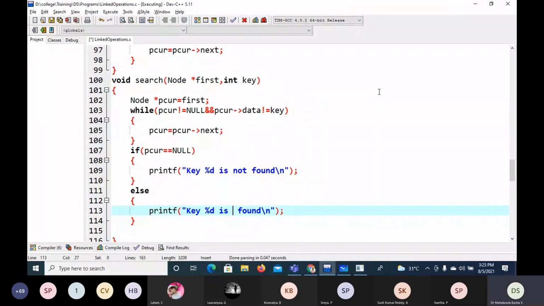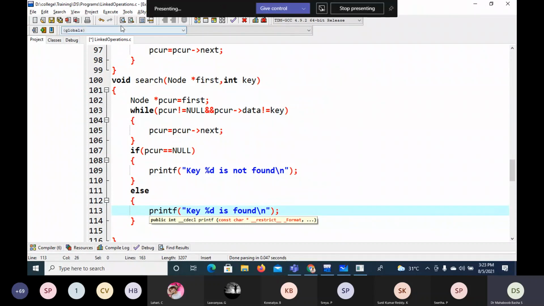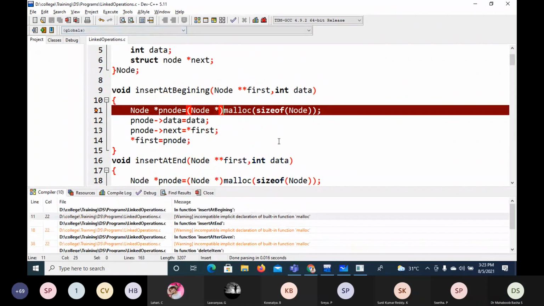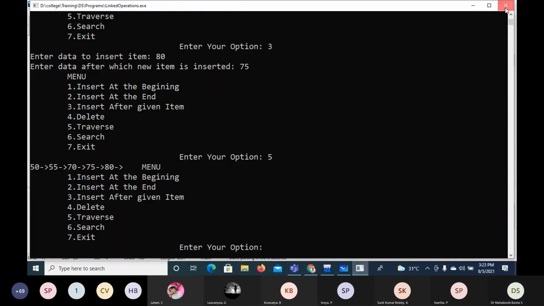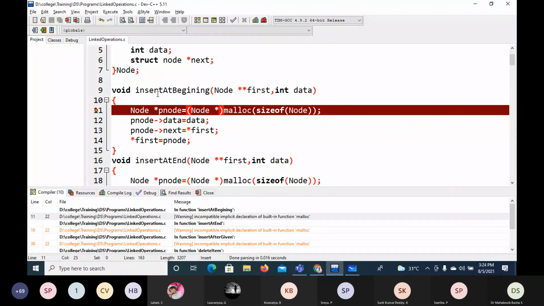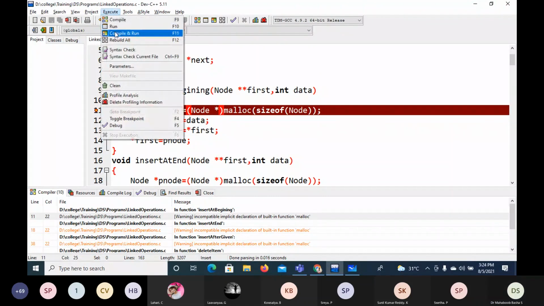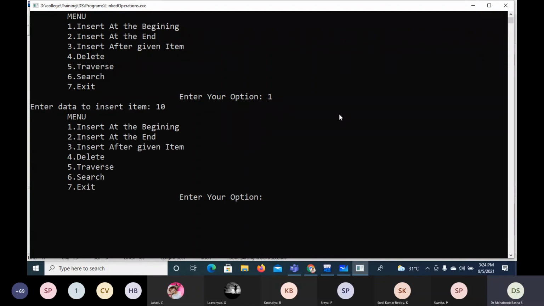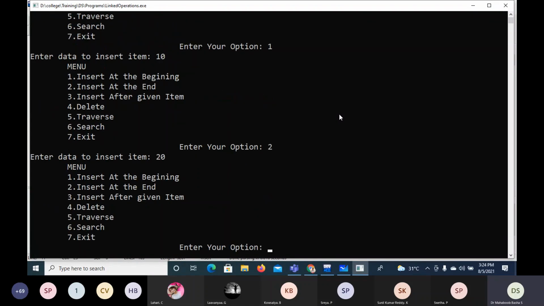That's all. Now we'll execute. Now the full program is there. I have written everything. So I'll execute. It is okay. Now I'll insert at the beginning, I'll insert 10, insert at the end, I'll insert 20,